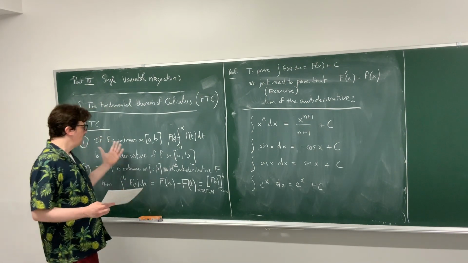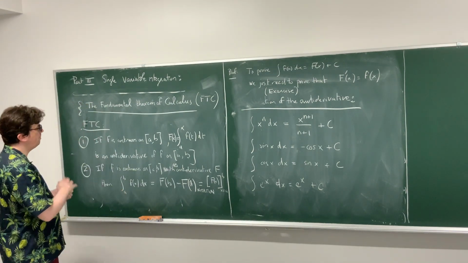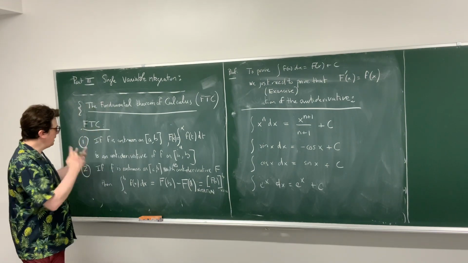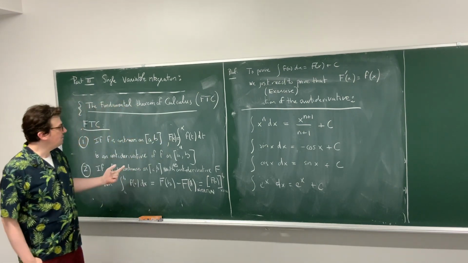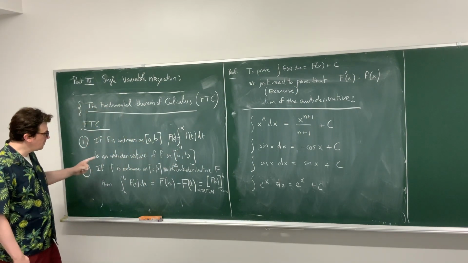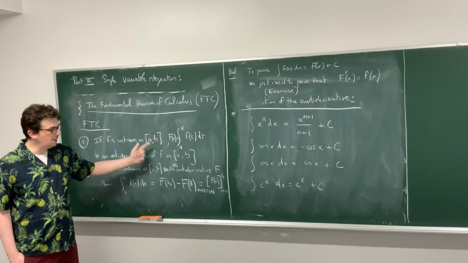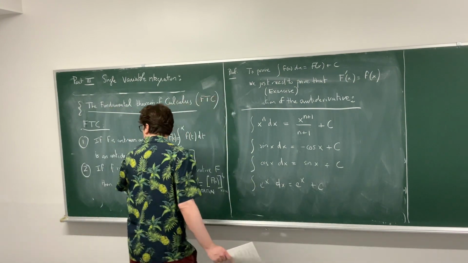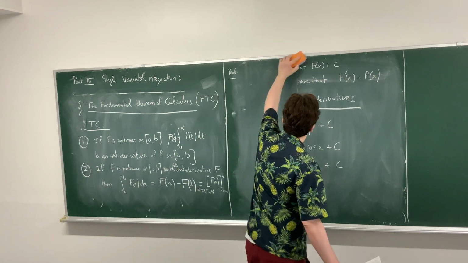So this 1 and 2 give you really the intricate relationship between definite and indefinite integral. In 1, you can construct the antiderivative from the definite. In 2, you can construct the definite integral from the antiderivative, and they give you the recipe. So it's a very beautiful theorem, and let's have a look at how this is actually proved.